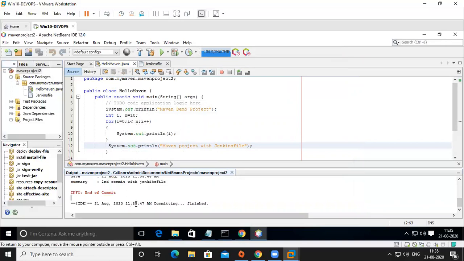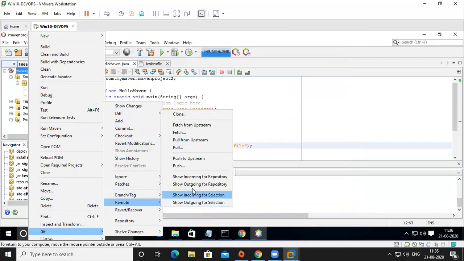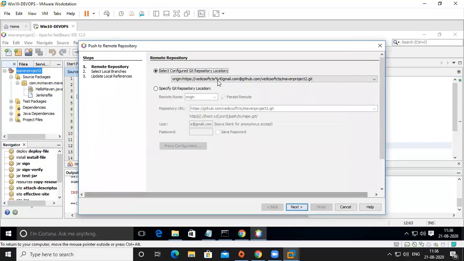Committing is finished. Next, what is the last? It is push, right? So we have to go to remote push. Now it is asking where to push.